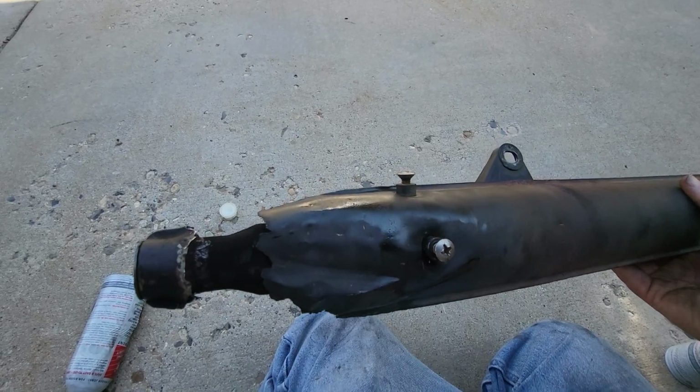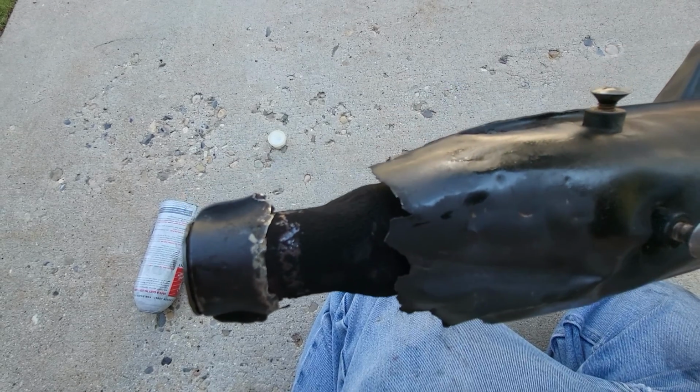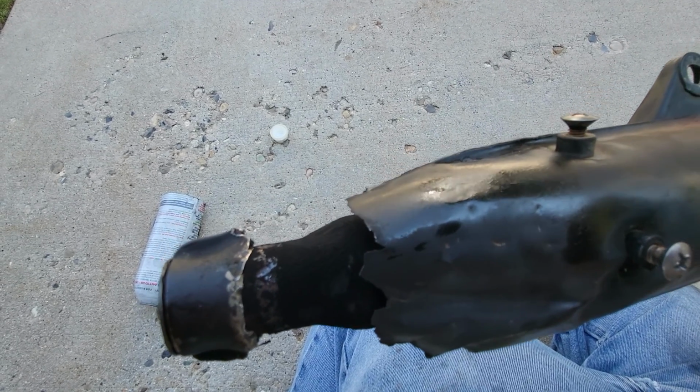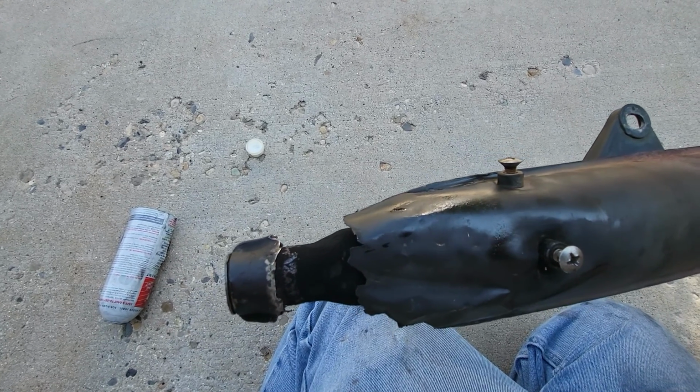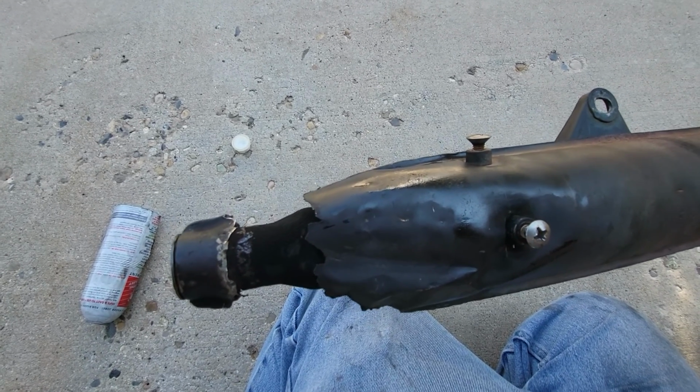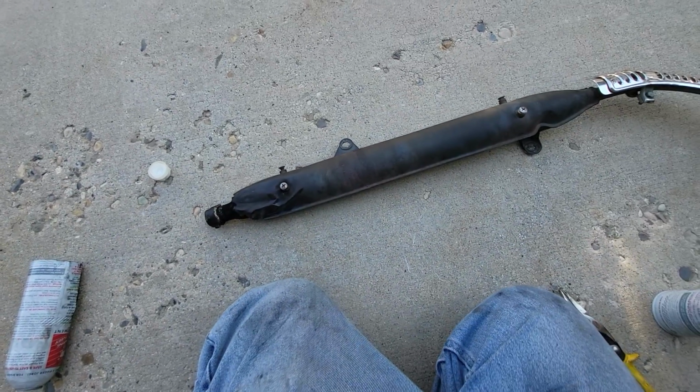There's been a lot of corrosion that's happened. There was a bit more structure here, but I cut it away because it was just getting in the way of what my repair was going to be. So basically I cut out all the really bad metal here, and what I've done is, for any of you